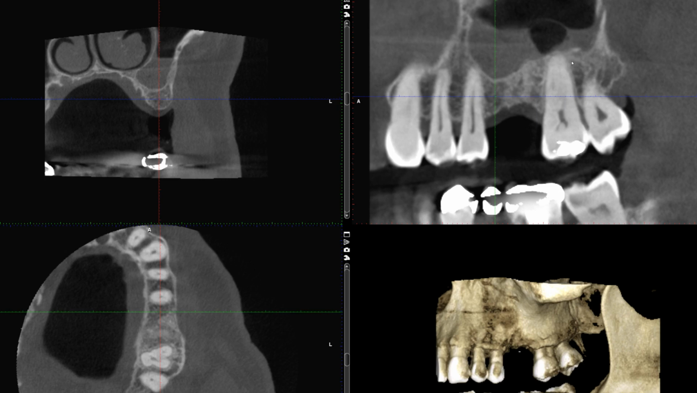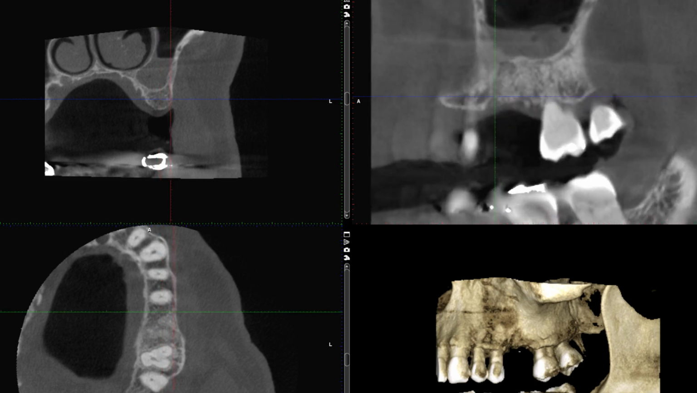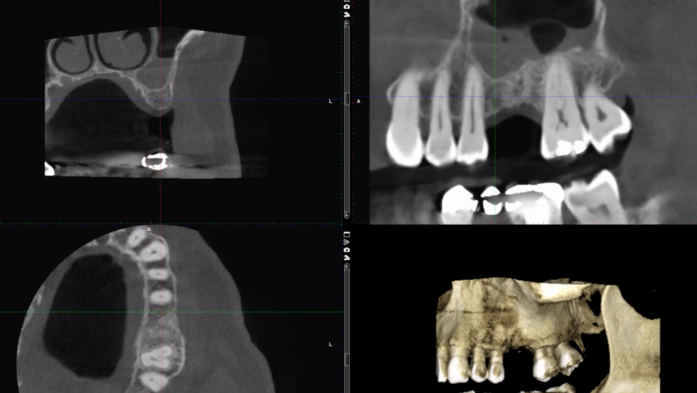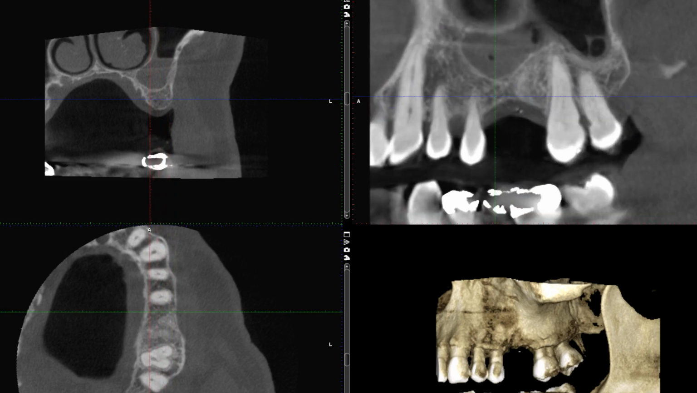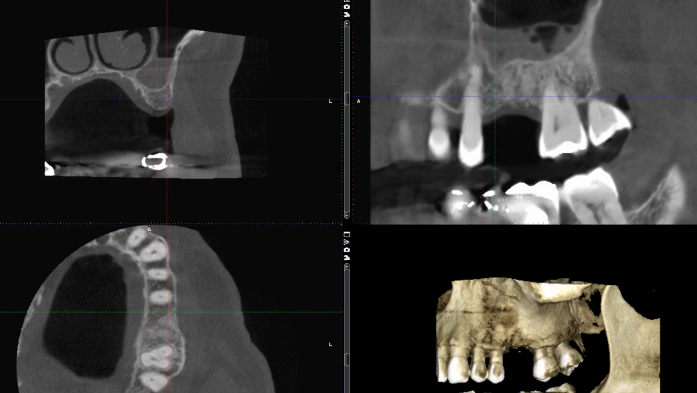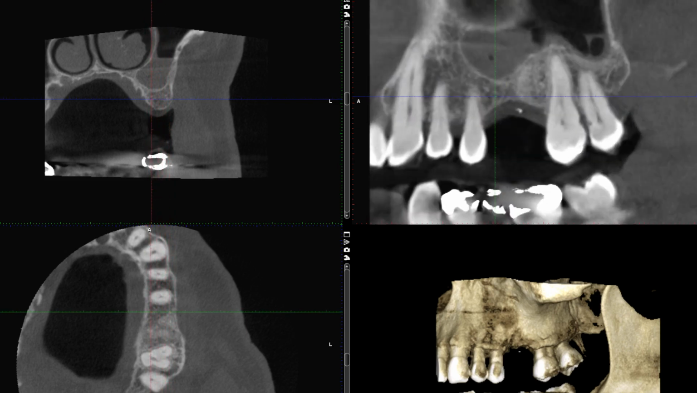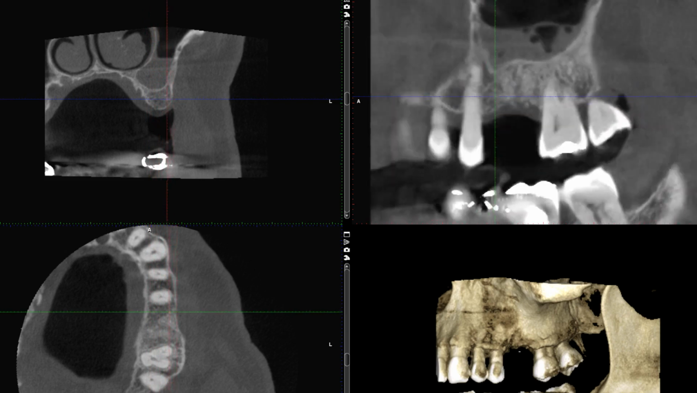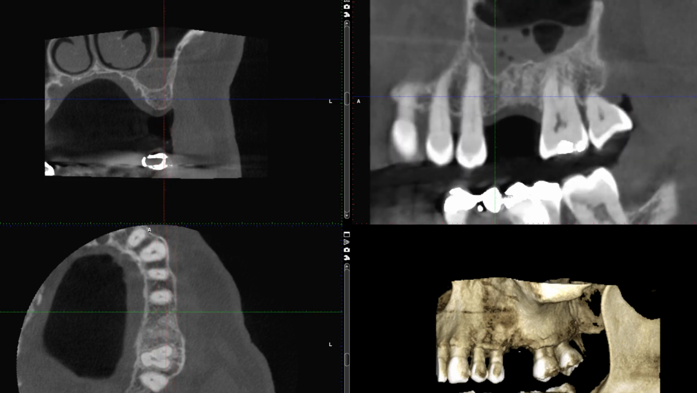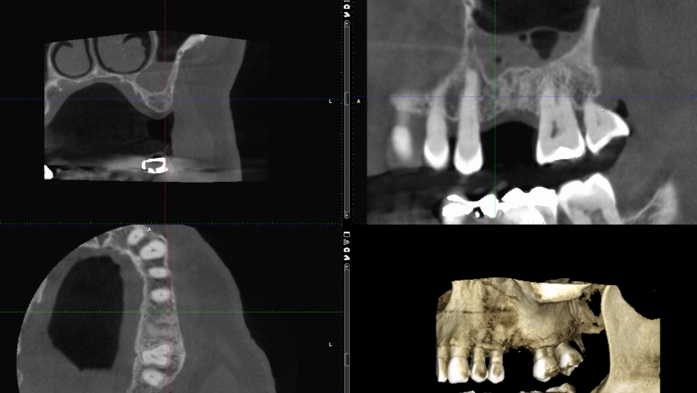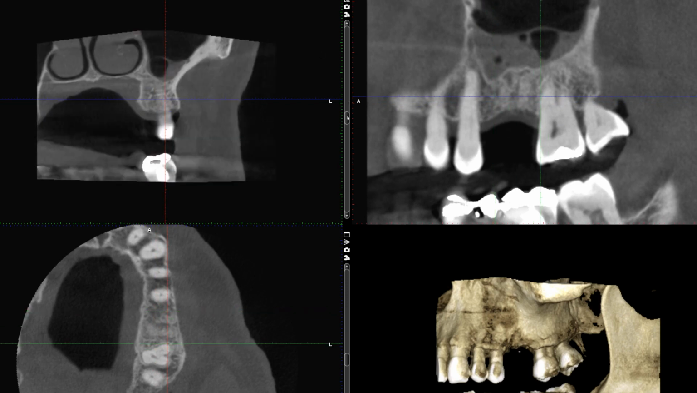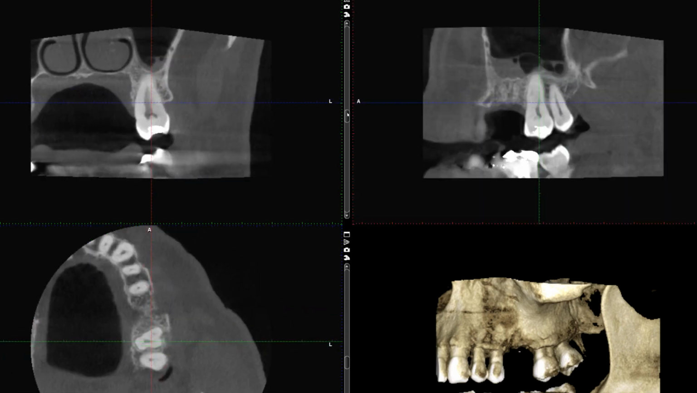But then I noticed in the patient's maxillary sinus that it's partially opacified. But as we look at this opacification, I noticed that this appears different from the typical mucosal thickening that we see very commonly in cone beam CT scan. From this sagittal